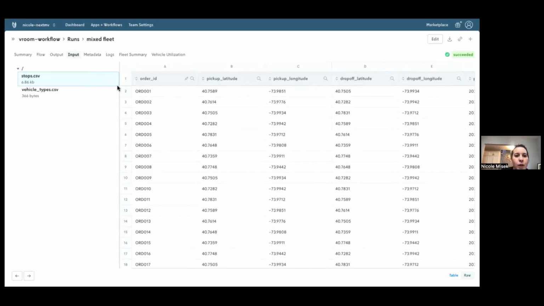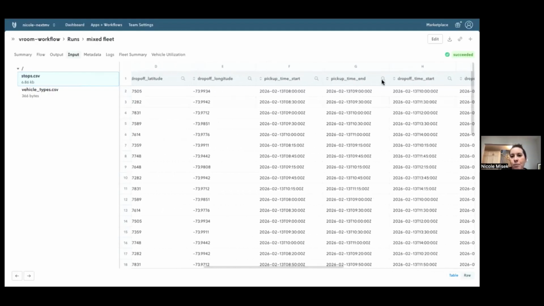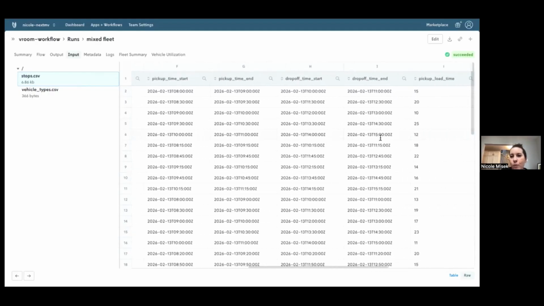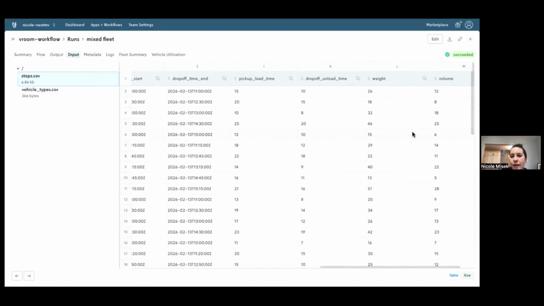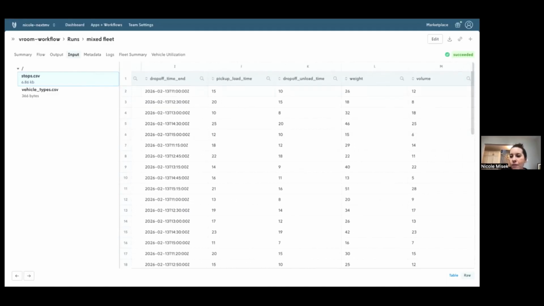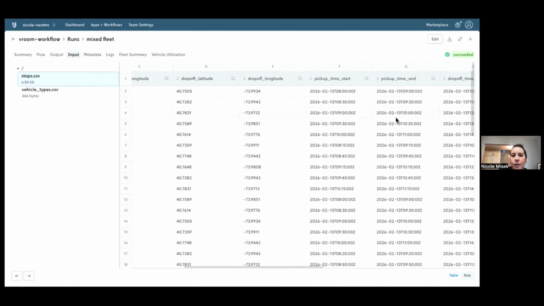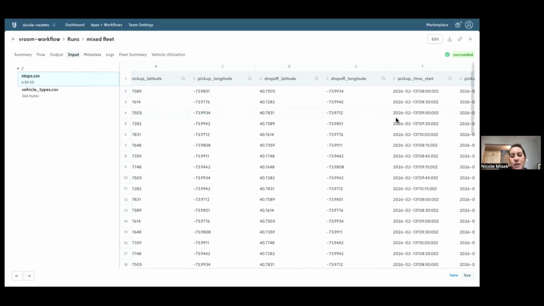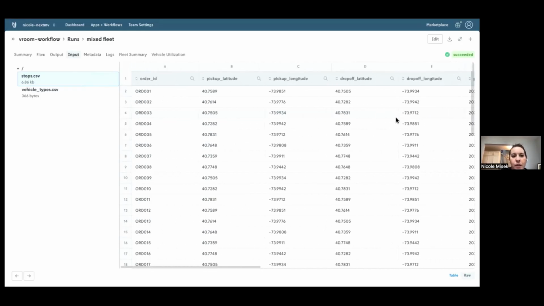So what you're seeing here is a list of orders. And these orders have pickup locations, drop-off locations, pickup windows, drop-off windows, loading and unloading times, weight, and volume. This is what you would typically see for someone who's running a route optimization: they have this business-specific data that they want to then manipulate and send into the optimization engine